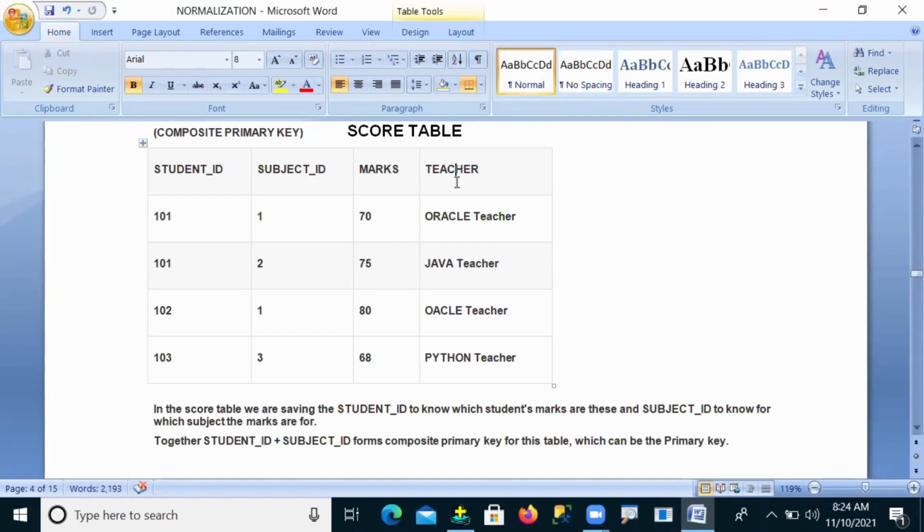Yes, carefully think. It depends on only the subject. The teacher always depends on the subject, but not on the student. Why, sir? Because suppose I am the teacher, for example.